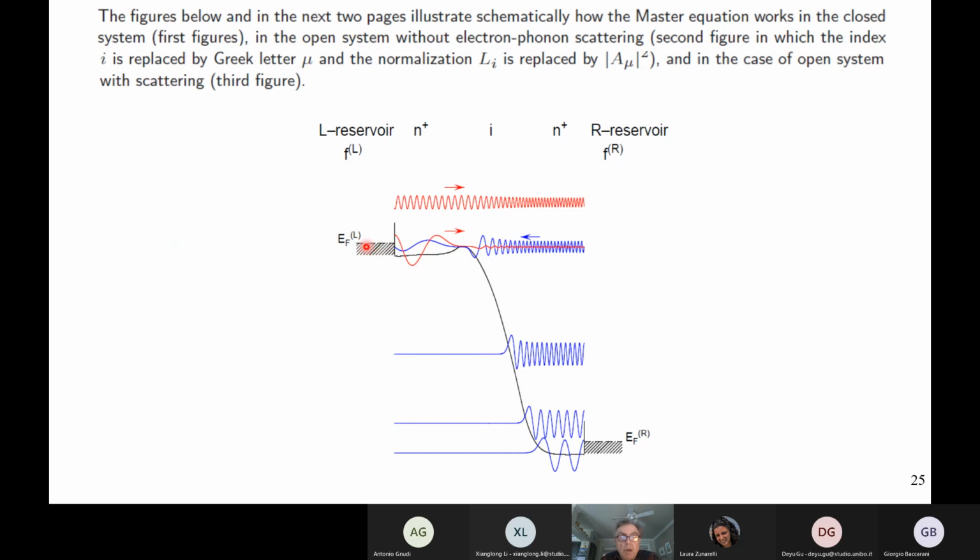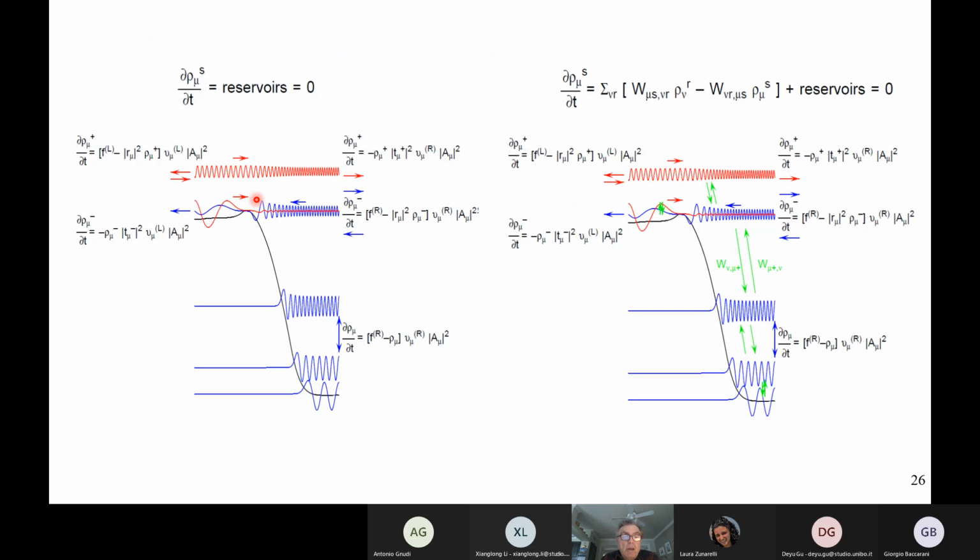They're represented by an equilibrium Fermi-Dirac distribution, and they keep injecting. The red waves are scattering waves which travel from left to right. The blue waves travel from right to left, and the contacts just attempt to maintain thermal equilibrium of these states. So each of these states, and finally we see what they are. This is state I, this is state I prime, this is state J, J prime, and so on. So these are the various states that we're considering, and we want to consider transport through this device. Again, short enough so that I can use a master form for the collisional operator, or I can describe it with a master equation. What I do at thermal equilibrium, in a ballistic case,